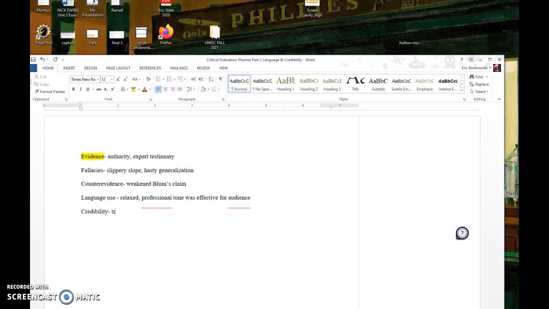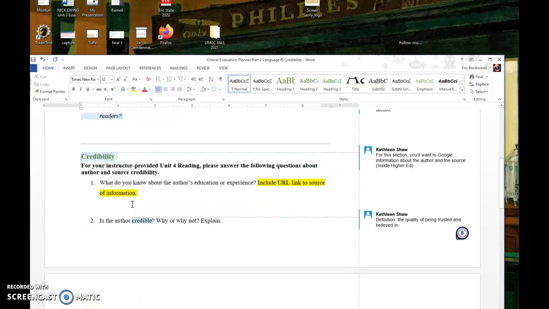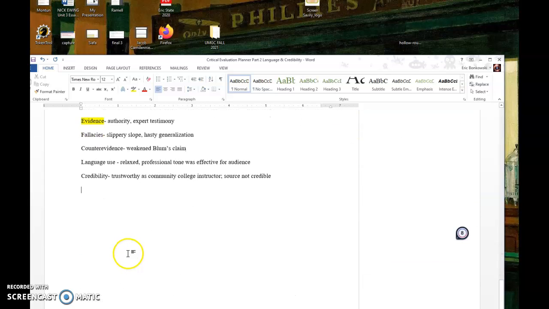So I'm going to say trustworthy as community college instructor, and I'm going to say source credible because, or maybe I'll make it up and I'll say source not credible. Whichever. I honestly haven't looked into Inside Higher Ed in a while. I think I did it once before, but I don't remember. So I'm going to say the source is not credible. She's credible, but the source isn't. Whatever. And then for the section on worldviews and biases, I'm going to pull out